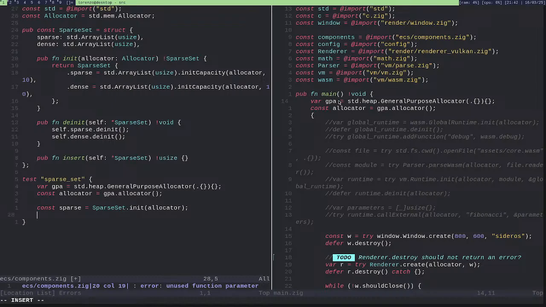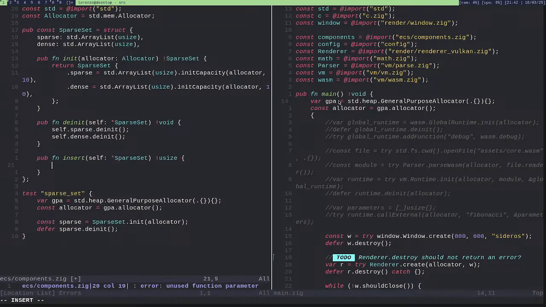Okay. So the sparse the init, and here, okay, this is pretty straightforward actually, because I just have to